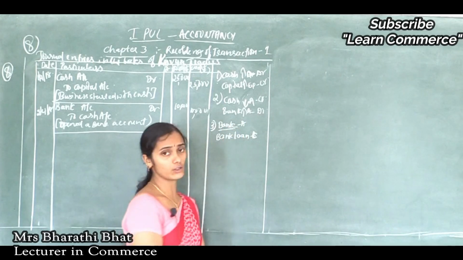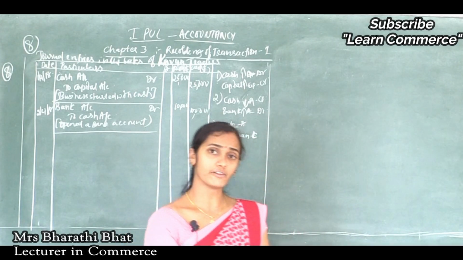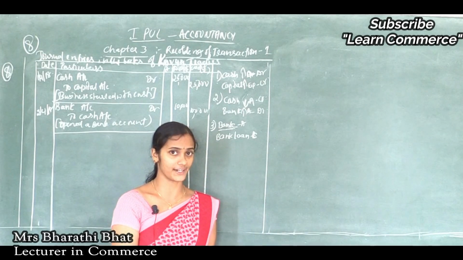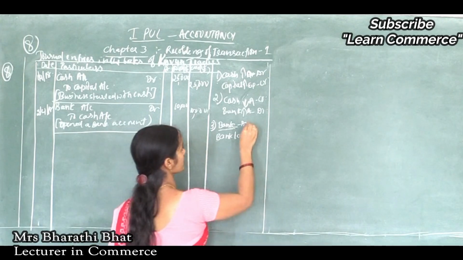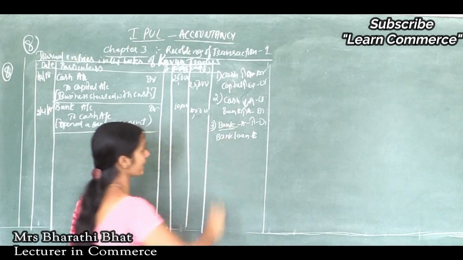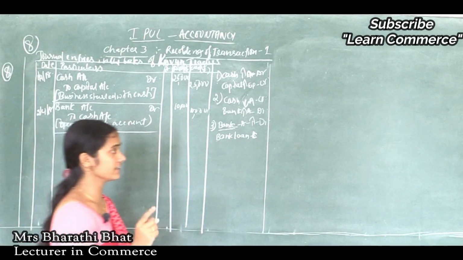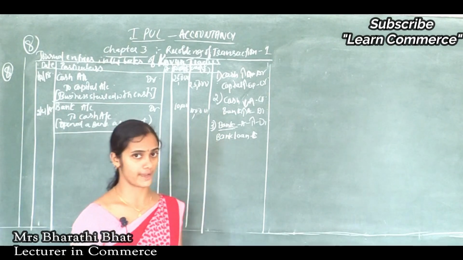So bank account shows increased value when we are taking loan. How? Because bank credits the amount to our bank account, correct, right? So that's why bank shows increased value. So increase in asset is to be debited first, and here bank loan is considered as liability. Just analyze this transaction, when we are taking loan from bank.